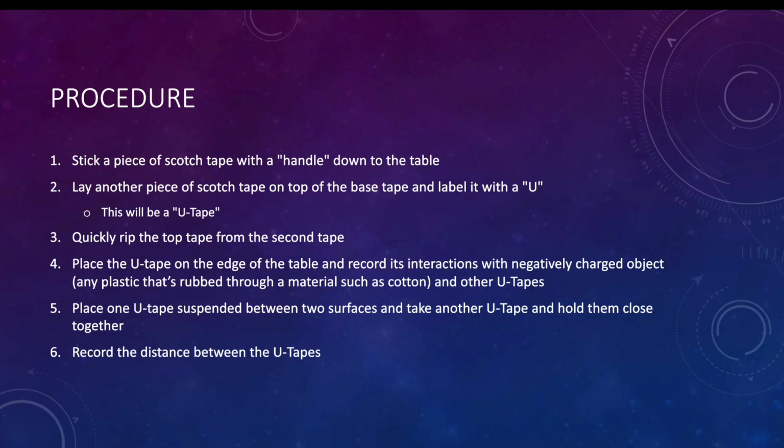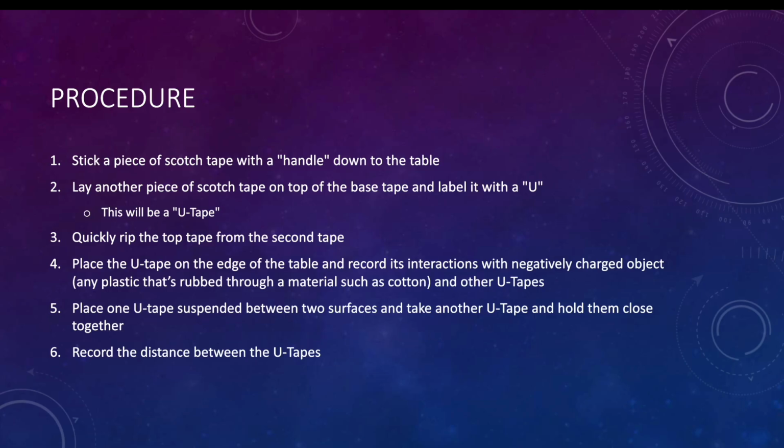Procedure, again, just to go over it real quick: you stick a piece of scotch tape with a handle down to the table, and lay another piece on top of it with a U. This one also has a handle. Then you rip them apart to give the top tape a positive charge. You do that twice. You suspend one of the U-tapes over a gap, and then you take another U-tape and record the distance between each other